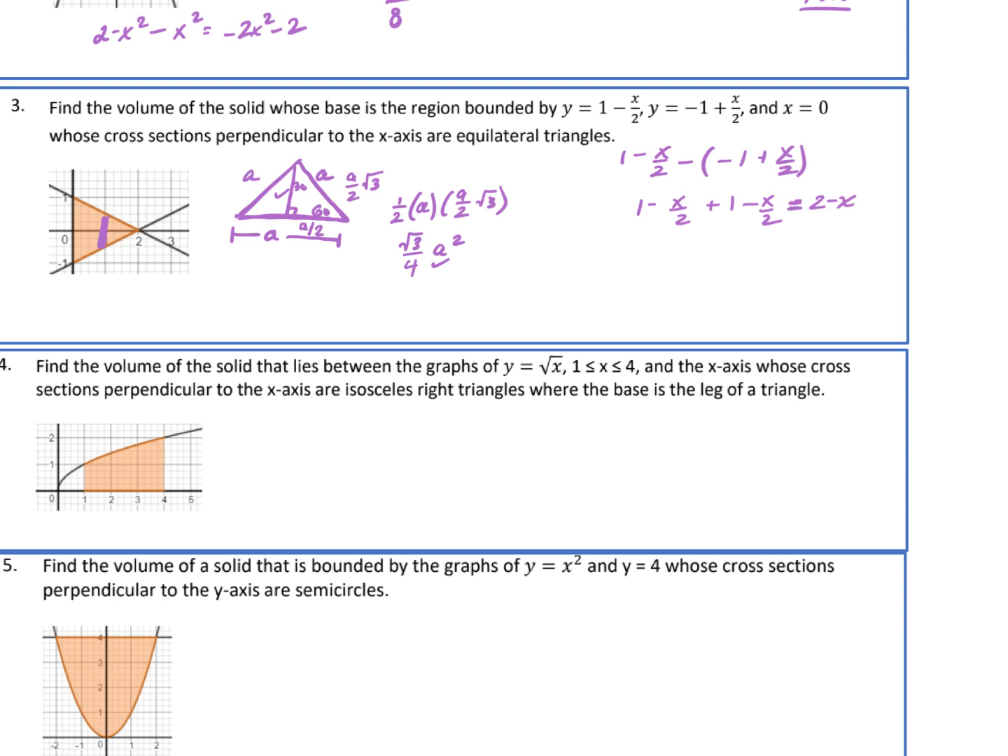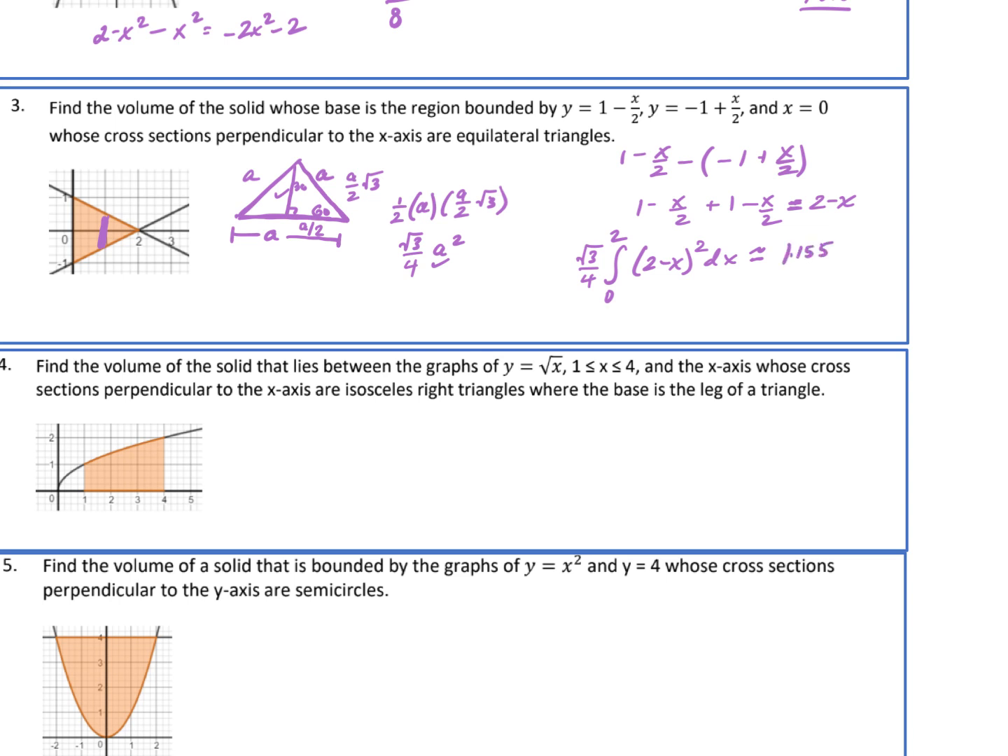Yeah, because you're going to get 2x over 2, which is just x, so 2 minus x. So it's going to be root 3 over 4, integrate from 0 to 2, like that, and then it's going to be the 2 minus x squared dx. So we're going to get